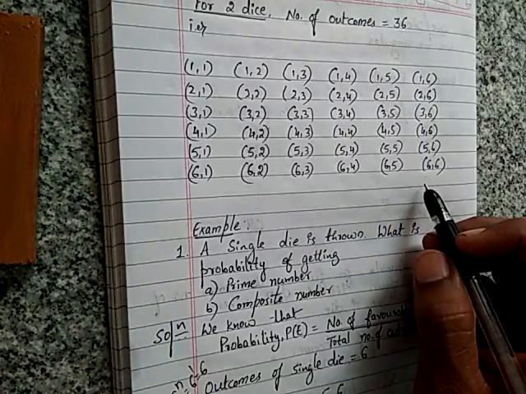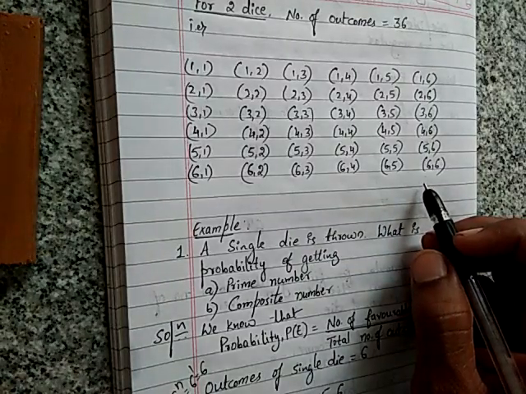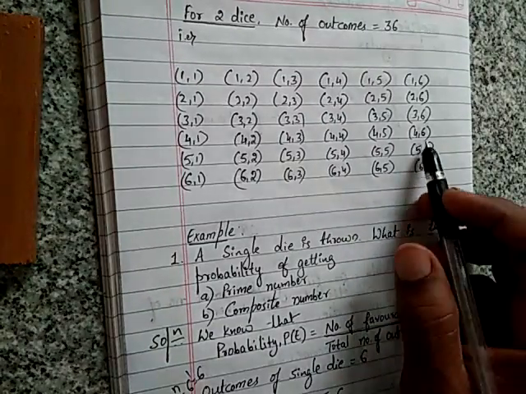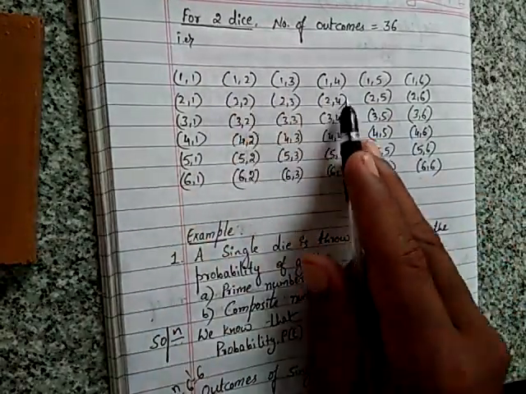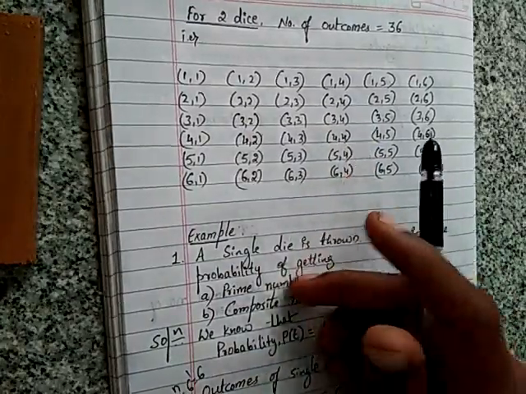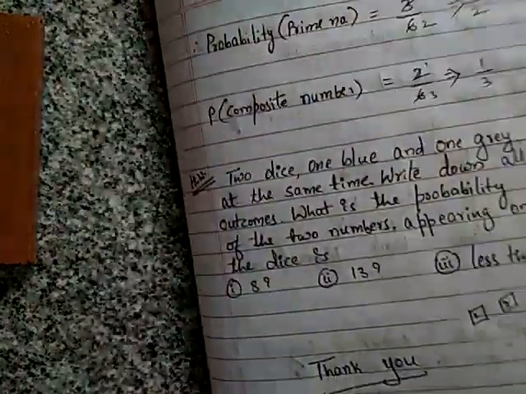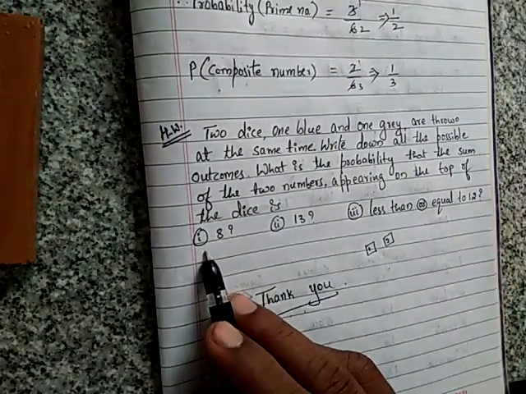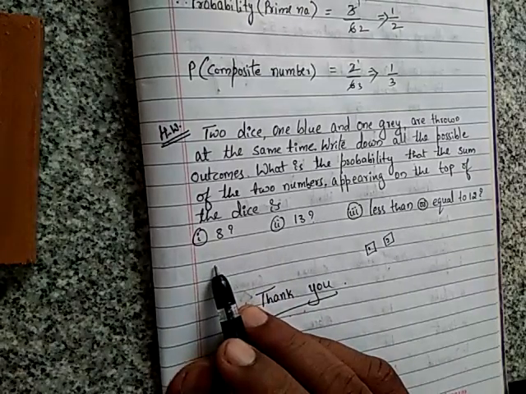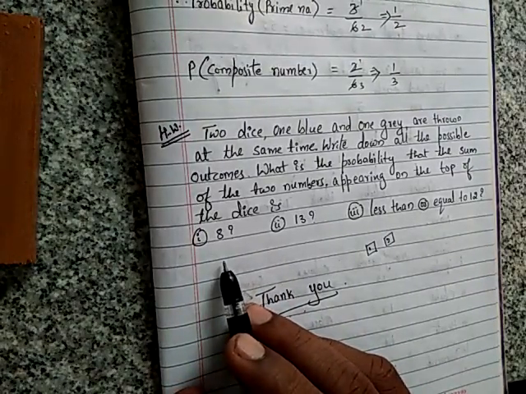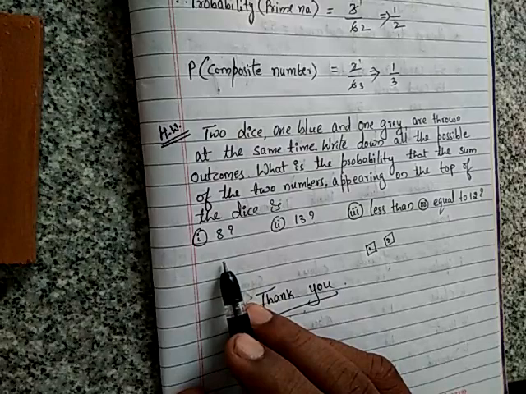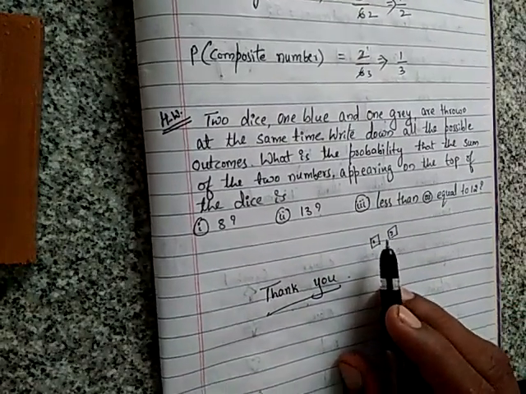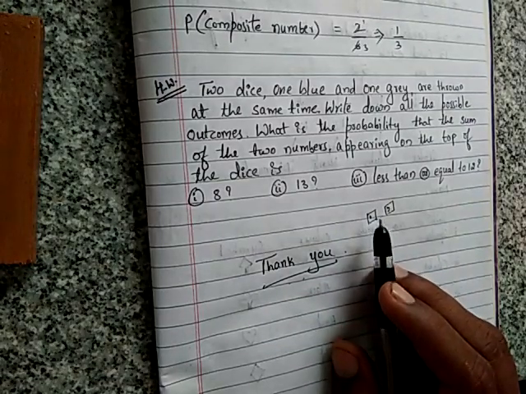Okay. Next, the third one says less than or equal to 12. Correct. So less than or equal to 12 means if you add here, the highest is 12, so all are outcomes, that is 36 by 36. That is 1, which is the answer. So you can write that. Here you have to make the sum 8. They may ask for 10, 11, anything: 8, 7, less than 5, less than or equal to 6, like that. They may ask anything for the 2 dice. So always the total number of outcomes will be 36, my dear students.